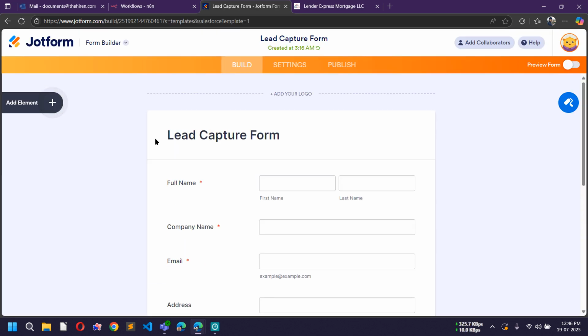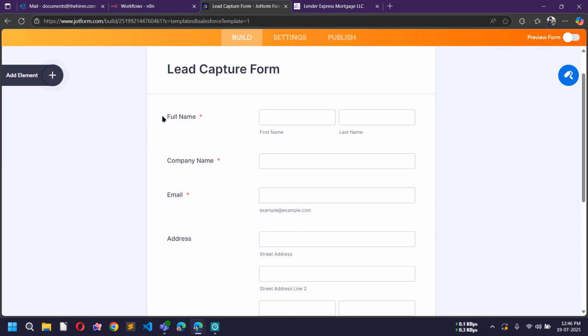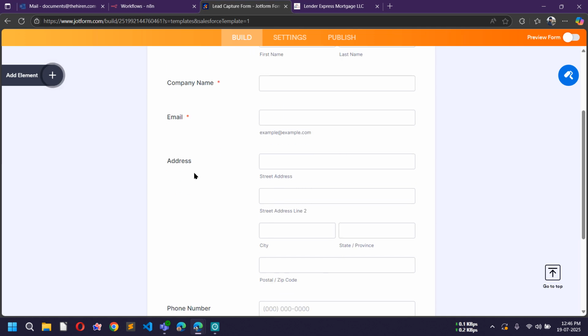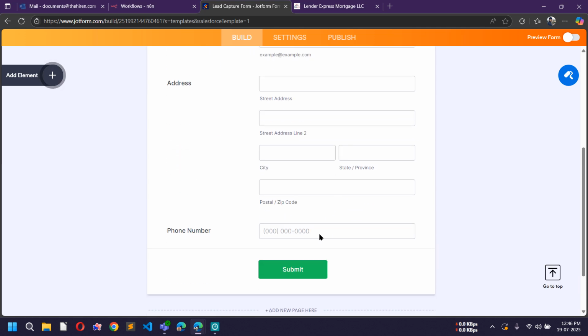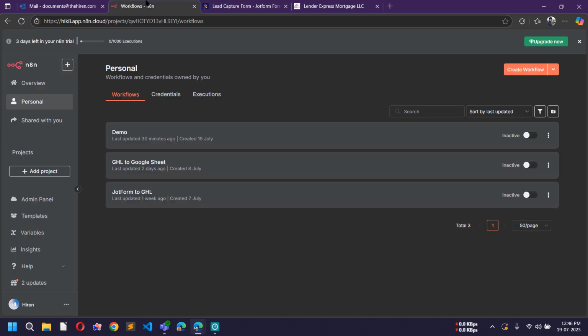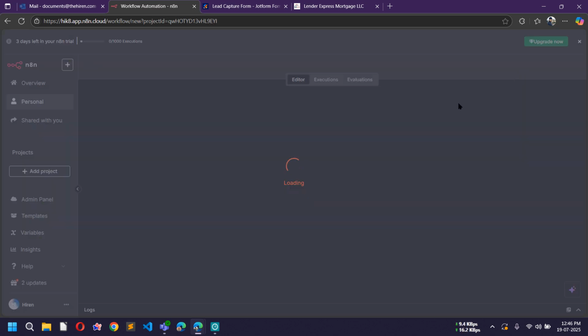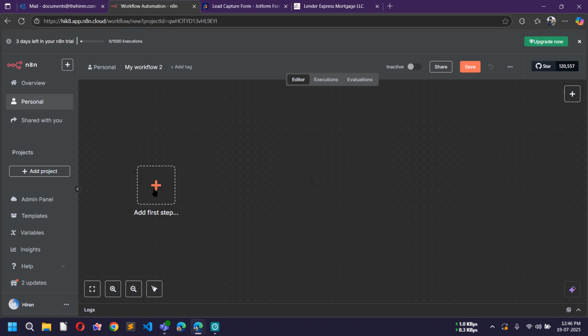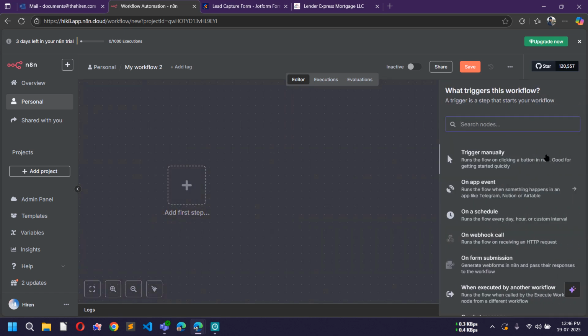So this is the lead capture form with some fields like full name, first name, last name, company name, email address and phone number. Okay, now next I will go to n8n. So this is my n8n account. Now here I will create a new workflow. To create a new workflow, just click on create workflow, and trigger is the first step. So in trigger step I will select webhook,